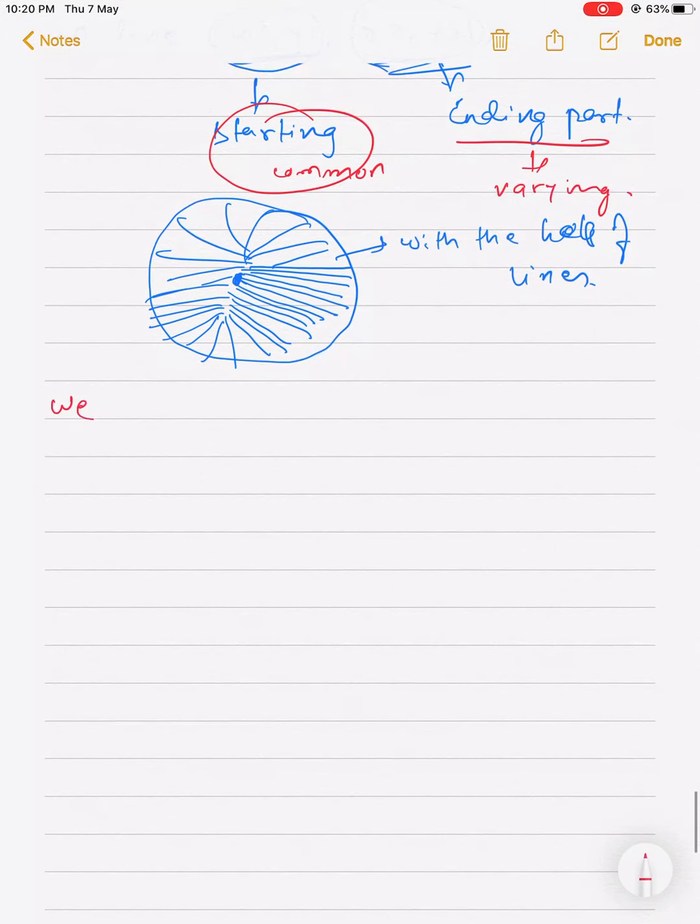We have studied in maths that a circle can be represented in terms of trigonometric equations such as x is equal to h plus r cos theta and y is equal to k plus r sin theta.